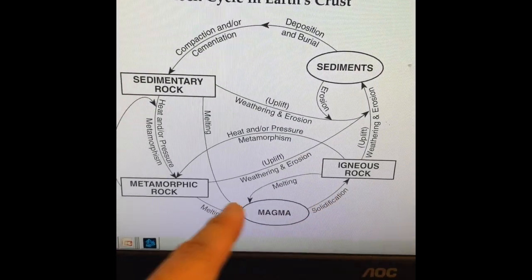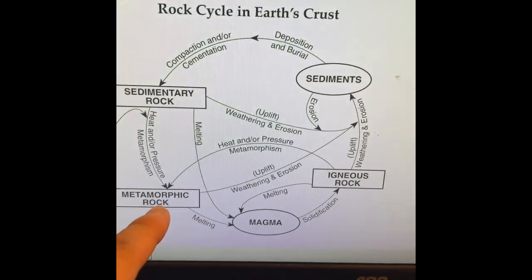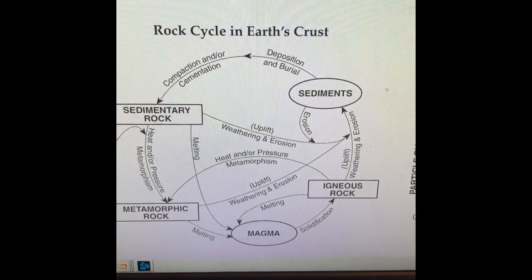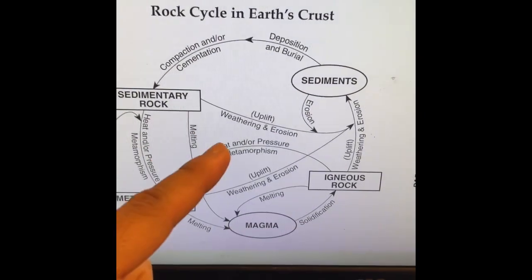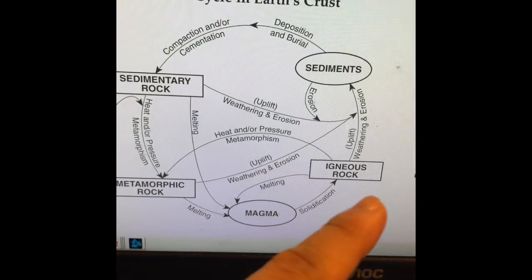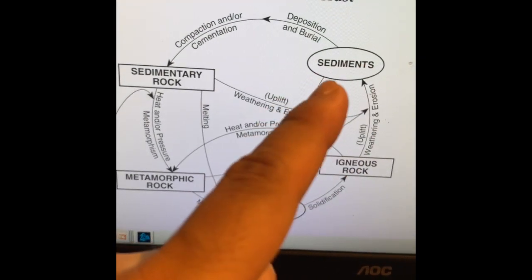So we talked about magma, igneous rocks, sedimentary rocks, and metamorphic rocks. Today and over the next couple of days, we're going to talk about some of the connecting lines that we haven't really talked about. If you look here, you've got weathering and erosion. Once again, you've got weathering and erosion here. You've got weathering and erosion over here. If you notice, all these things are going to lead to this thing called sediments, which is eventually going to